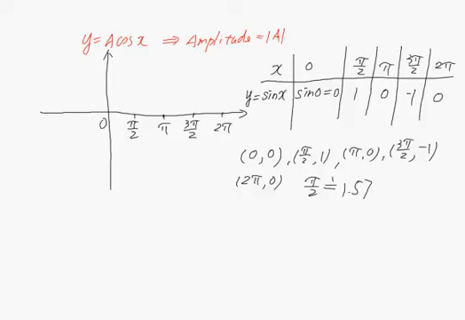Say this is your 0, 0, and then this is your half pi, 1, and this is your pi, 0, and this is your 3 pi over 2 and negative 1, and then this is your 2 pi, 0. Then you use a smooth curve to connect all those 5 points. Then you get the sine wave, right? Another question is about